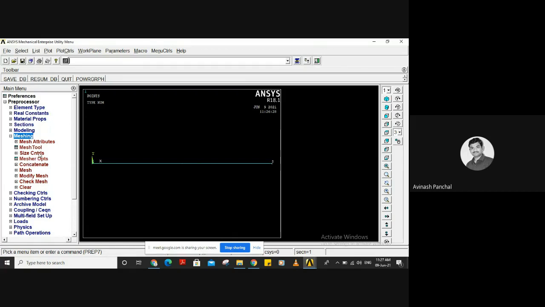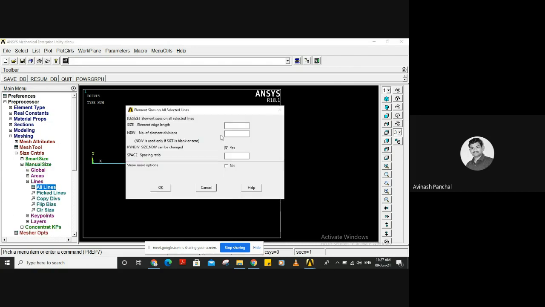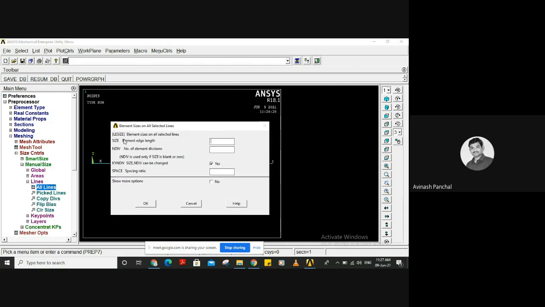Before that we need to select the size of element, manual size, lines, all lines. Okay, so we need to give over here the element edge length, or we need to select number of divisions for this full 2 meter span.